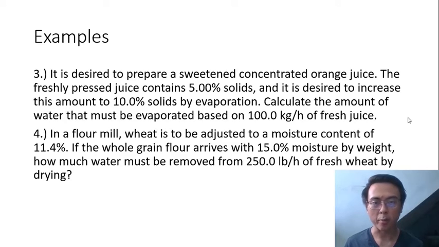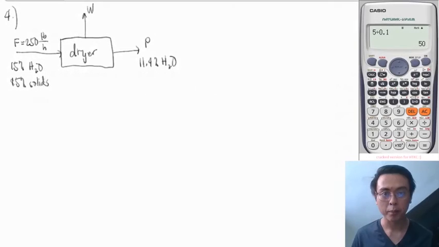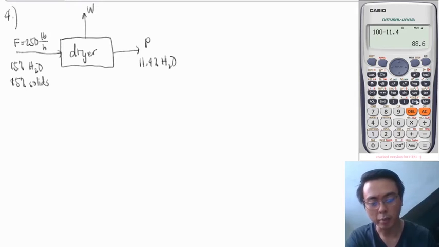For this drying process, we have the following flow chart. I have already listed all of the givens. The fresh flour is at 15% moisture, and the remaining presumably is solids, that's 85% solids. The flow rate of the fresh flour is 250 pounds per hour. Your desired product should only be at 11.4% water, and the balance would be the solids. So let's determine the balance. That would be 100 minus 11.4, that is 88.6%